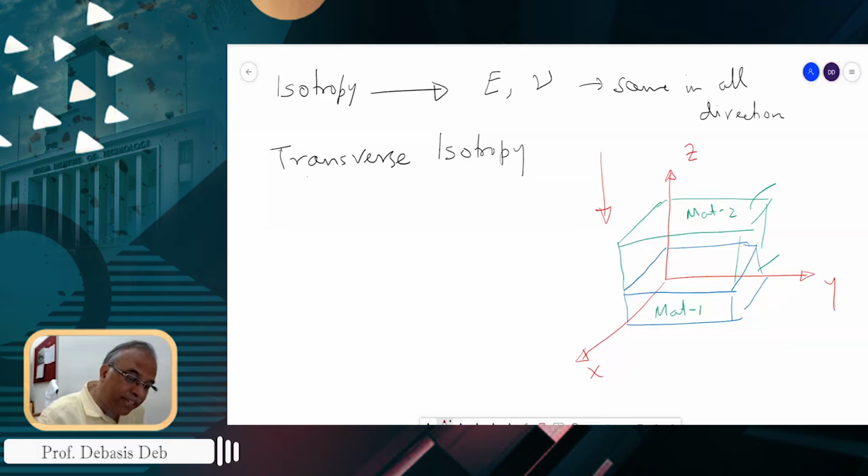If I now take a core sample, meaning I cut or drill a cylindrical sample, from this direction, and this is the depositional direction, mind that. So if I take samples in these three directions,